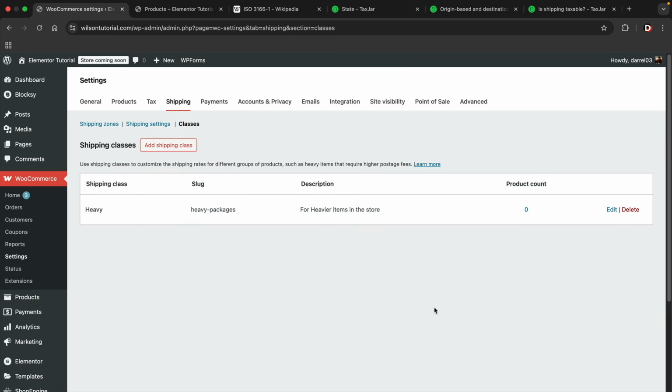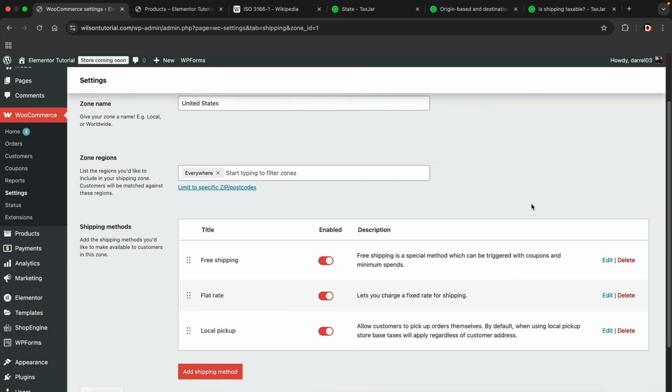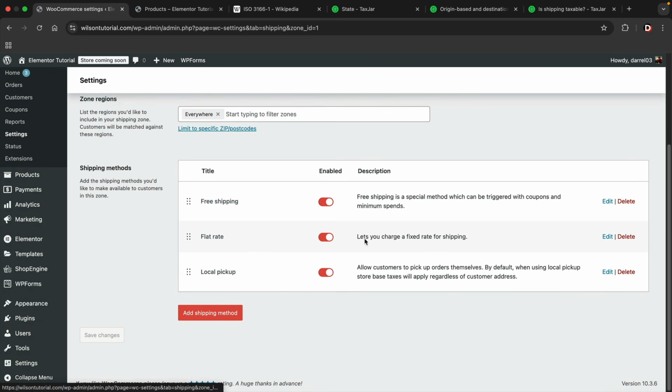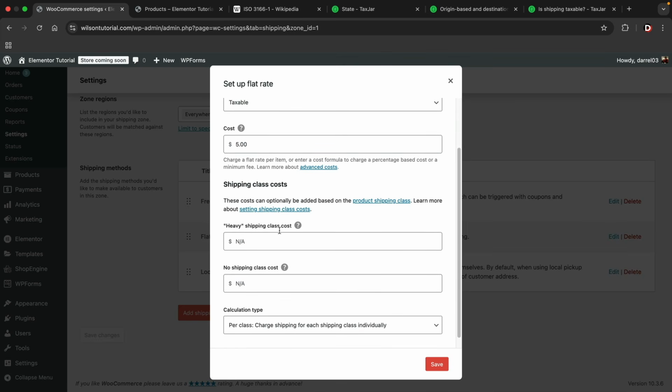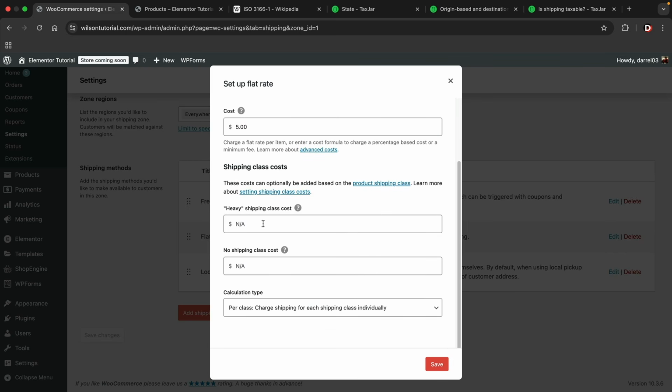So here I'll click on create. Okay, so now we have these shipping classes. Next, let's go back over here to shipping zones. And we're going to scroll down, and here we have flat rates. Now over here, I'll click on edit. So now we have a default flat shipping rate of $5. However, we need to actually charge more for specific products. So let's say, for example, those shoes on our store, they're going to cost a little bit more for shipping. I'm going to put something like,